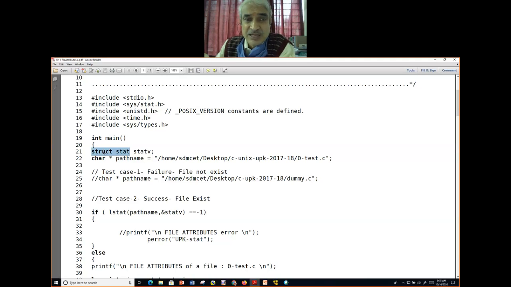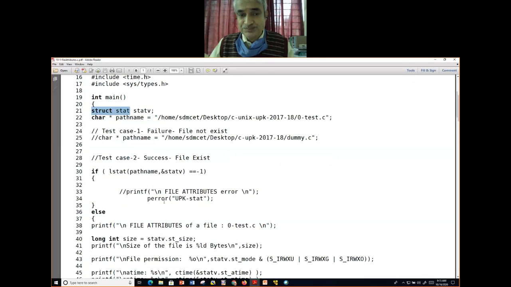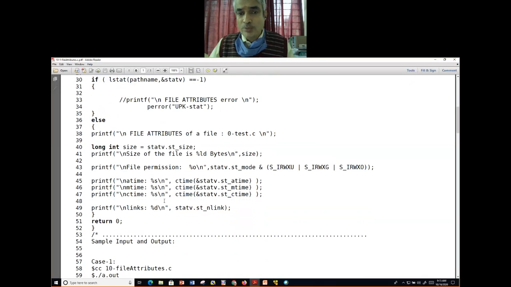What is the name of the structure used for holding the attributes of a file, used with the lstat command? Explain each field of that. Or write a C program to display the size of a file. That's all, one attribute or a collection of attributes, or maybe creation time only.